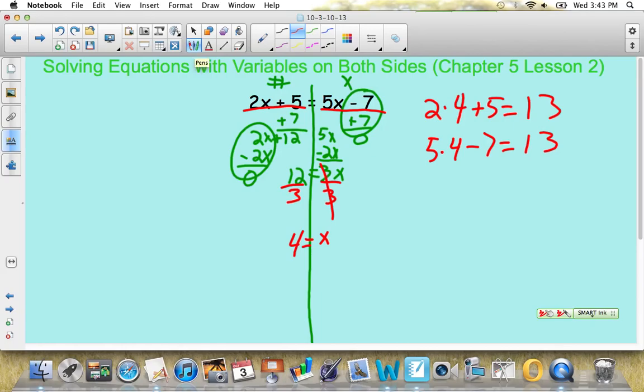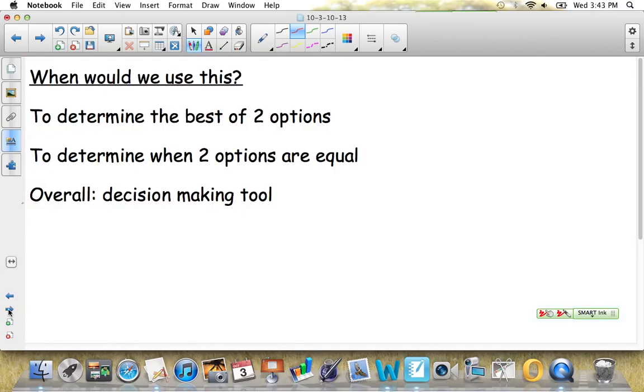My equations are equal. You might be thinking, when would we ever use this? You would actually use this a lot to determine the best of two options. Like if you're trying to compare two things, which one's better, or more importantly, you're trying to determine when two options are equal, when they would balance out. This is a good decision-making tool for you to use. So, for example,